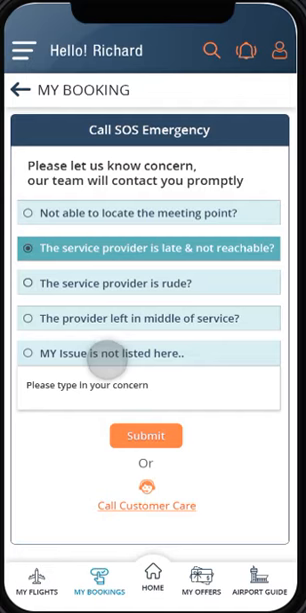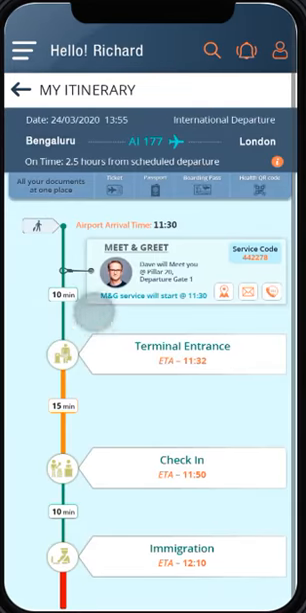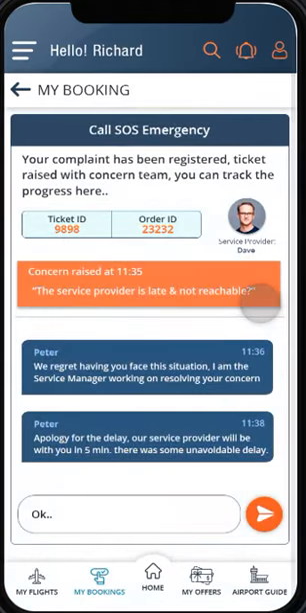For example, if the service provider is late, they can have an SOS flow which can be pre-configured with concerns a passenger might have, and they can add a new one if they want to, and they can simply submit. Similarly, once they submit a particular SOS, they can also track it by tapping on this button again,